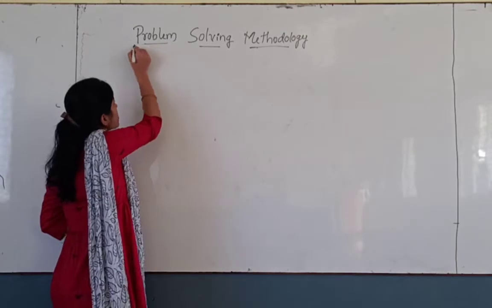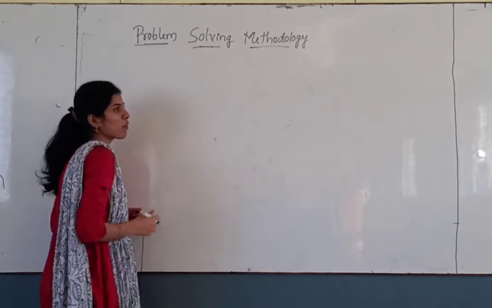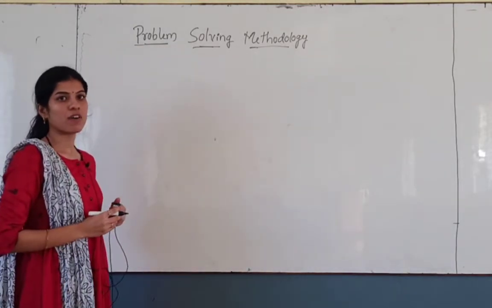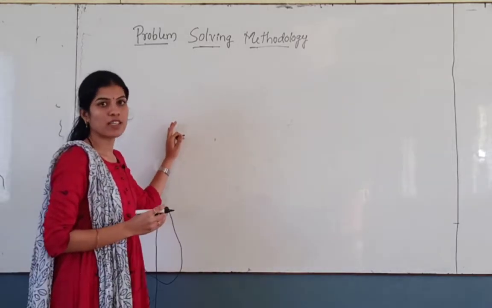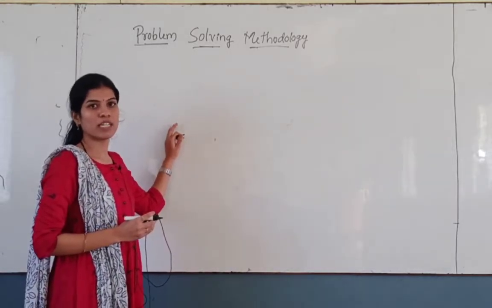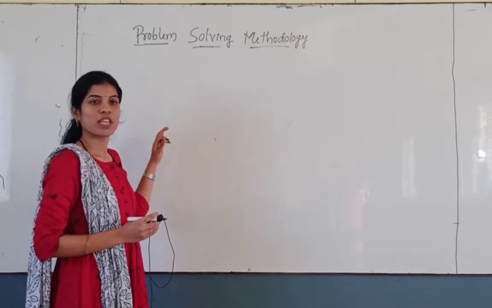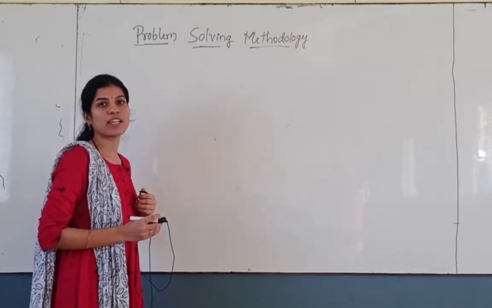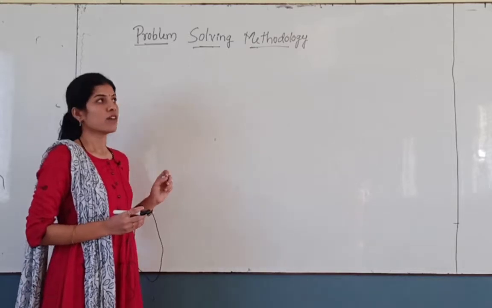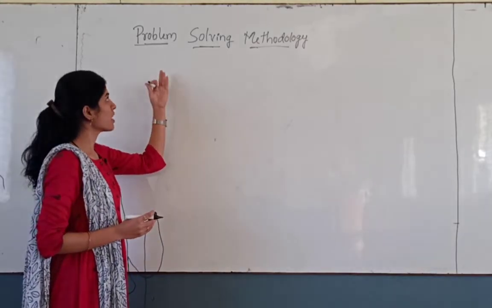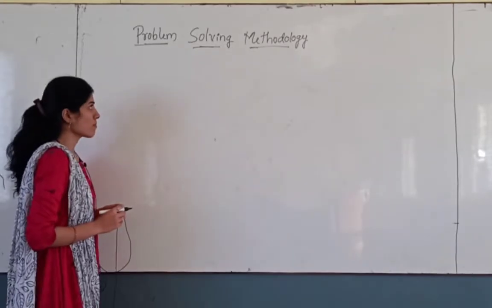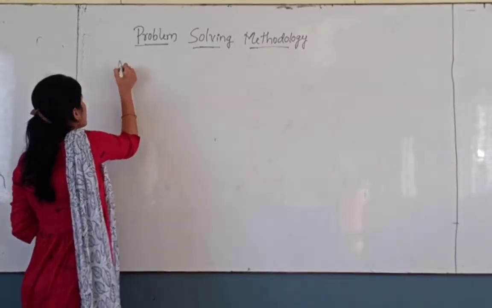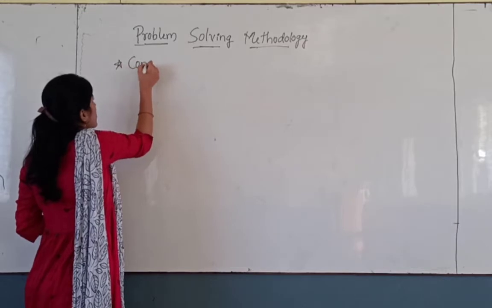So this problem solving may be of the kind of real life or computerized process. First we have to define what kind of problem it is, and next with the help of this we get to know what requirements are needed for solving this problem. So first we understand the computerized process.